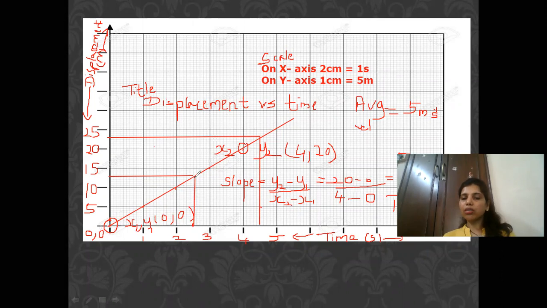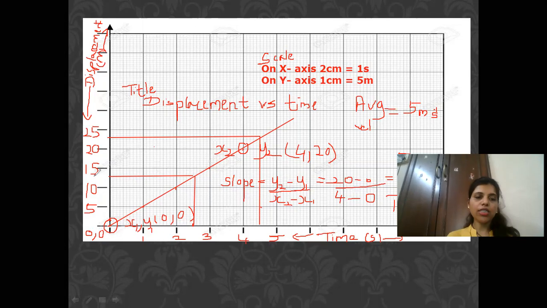You're going to meet this perpendicular line to this line graph, and then after that you're going to draw a straight line parallel to the x-axis and meet it to the y-axis. So that will give you the reading. So this reading is 12.5. The displacement is 12.5 meter,